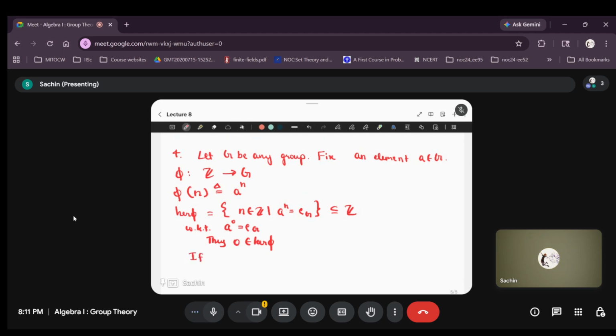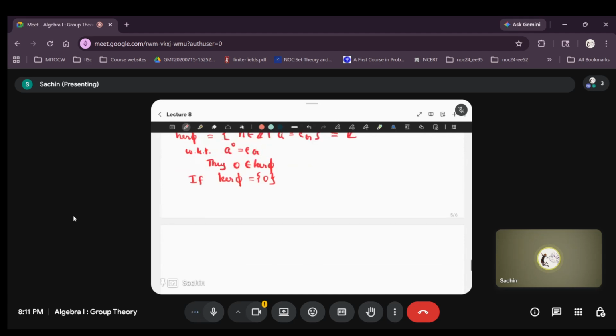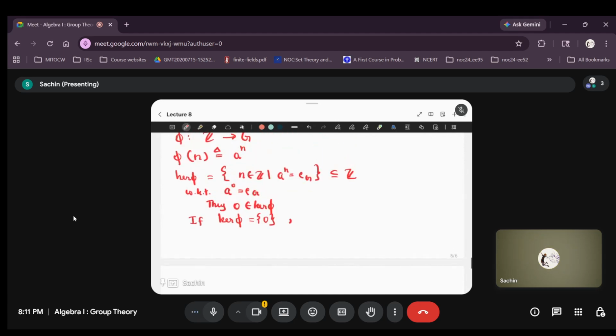If kernel of phi is simply, if it has only 0 in it, then kernel of phi is the set 0Z, all integer multiples of 0, which is simply the set containing only 0. If kernel of phi is not equal to this trivial subgroup,